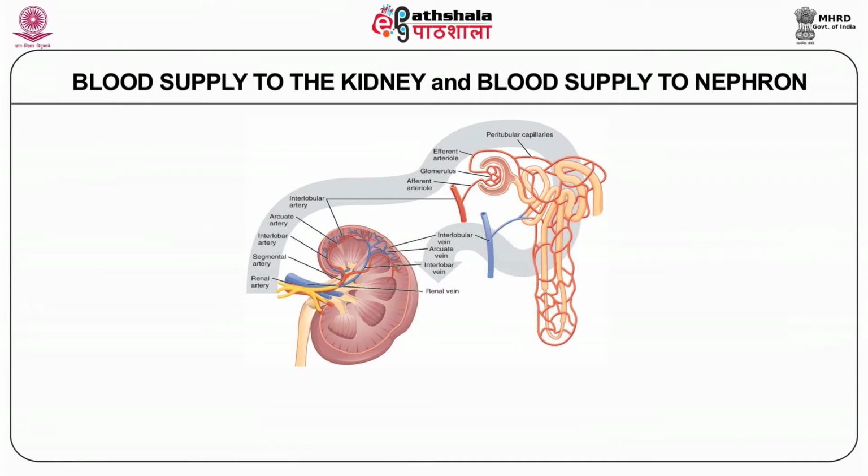The uniqueness of the renal circulation is that it provides two capillaries. The glomerular capillary tuft enclosed inside the Bowman's capsule, which has afferent and efferent arteriole on either side. The narrow lumen of efferent arteriole builds up a high hydrostatic pressure of about 45 millimeters of mercury inside the glomerular capillary tuft. That is essential for function of glomerular filtration.